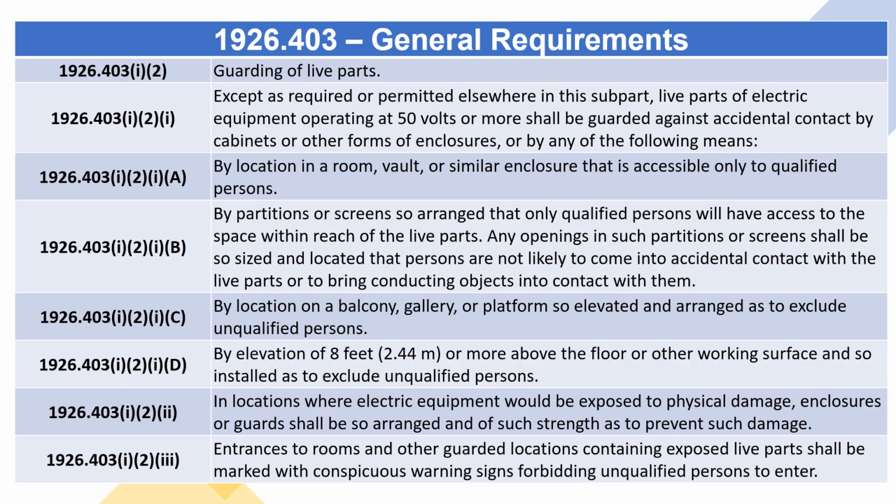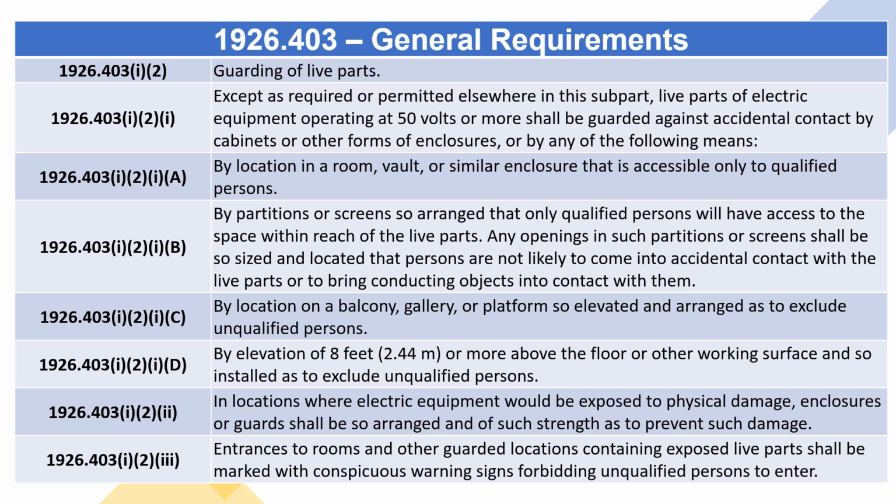1926.403(i)(2), Guarding of live parts. Except as required or permitted elsewhere in this subpart, live parts of electric equipment operating at 50 volts or more shall be guarded against accidental contact by cabinets or other forms of enclosures, or by any of the following means: by location in a room, vault, or similar enclosure that is accessible only to qualified persons;